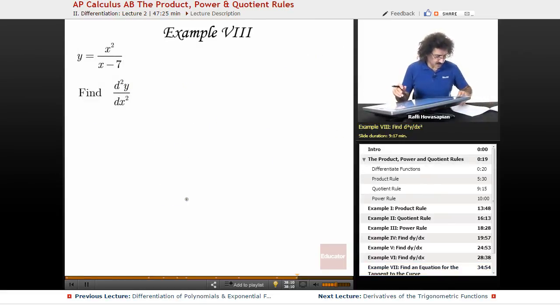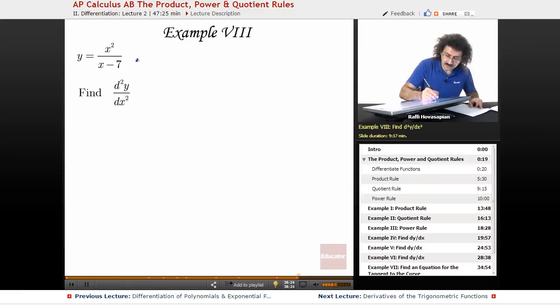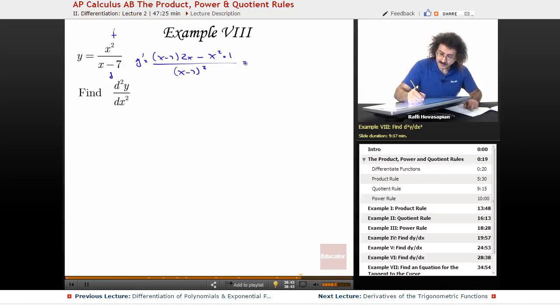Okay, so let's see here. X squared over x minus 7. Find d squared y dx squared. We need to differentiate this twice. Okay, let's start with y prime. This is f, this is g, so it's this times the derivative of that, which is going to be x minus 7 times 2x minus x squared times the derivative of that, which is 1, all over x minus 7 squared. This is going to equal 2x squared